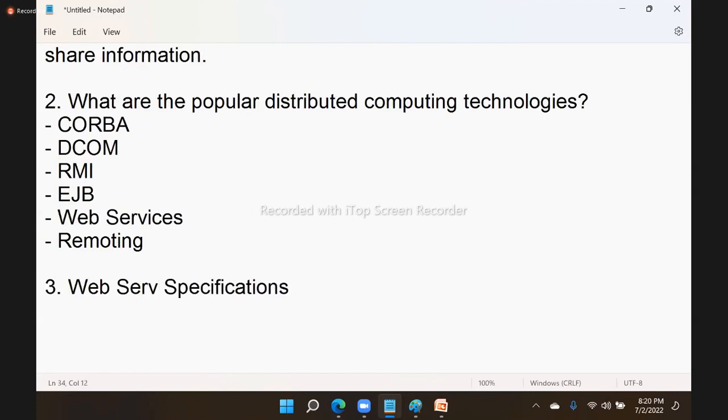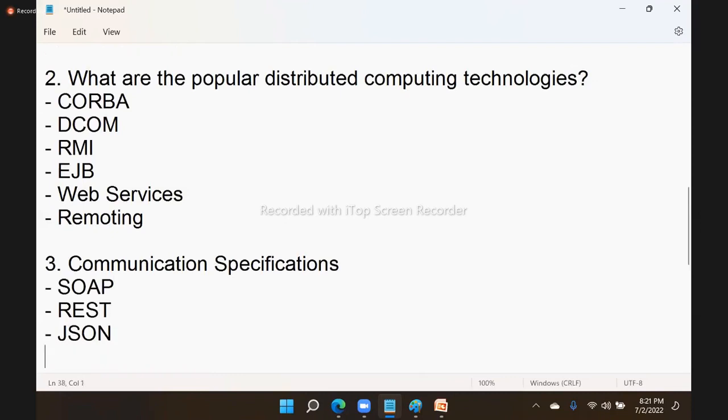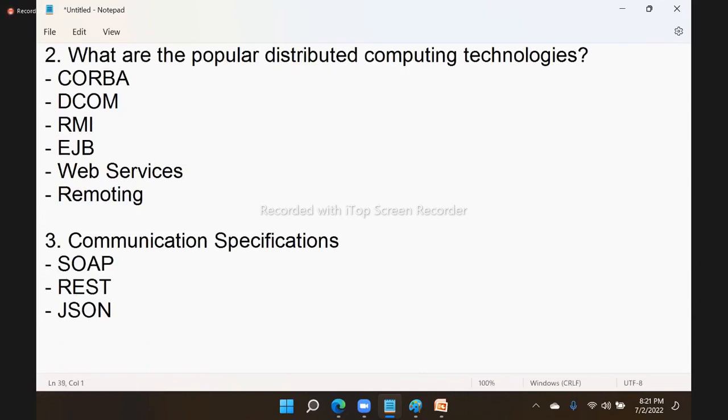We call them communication specifications. There are three communication specifications: one is SOAP, another one is REST, another one is JSON. How does communication happen? You have to know that every API, every application interface, comprises of